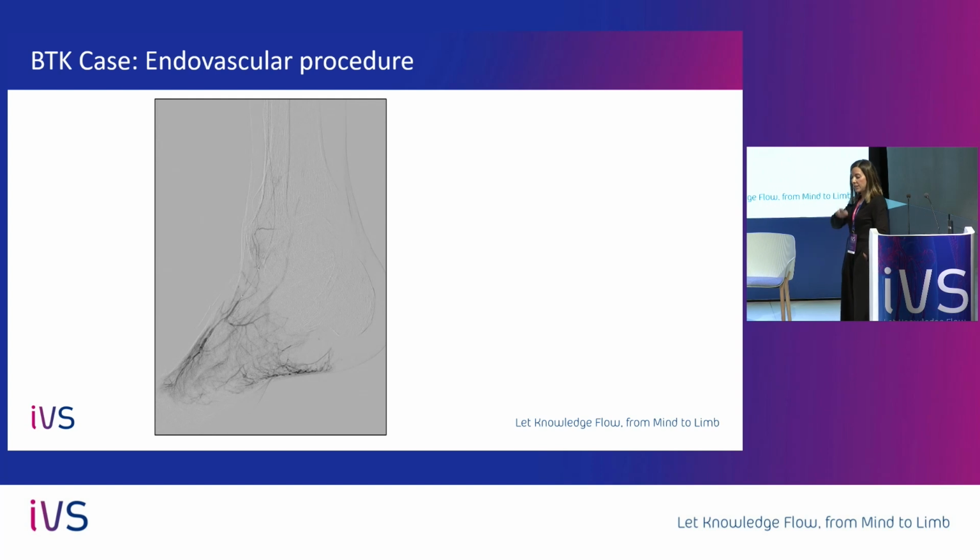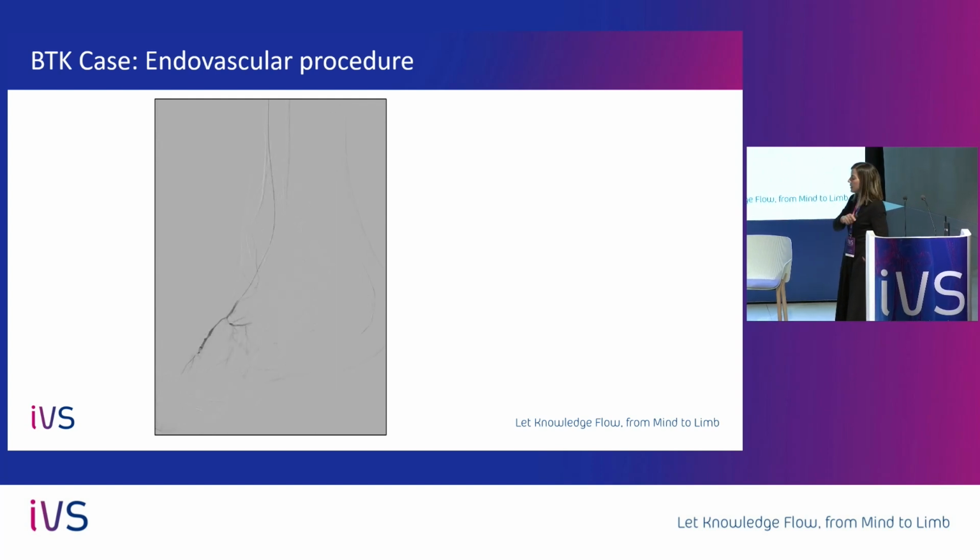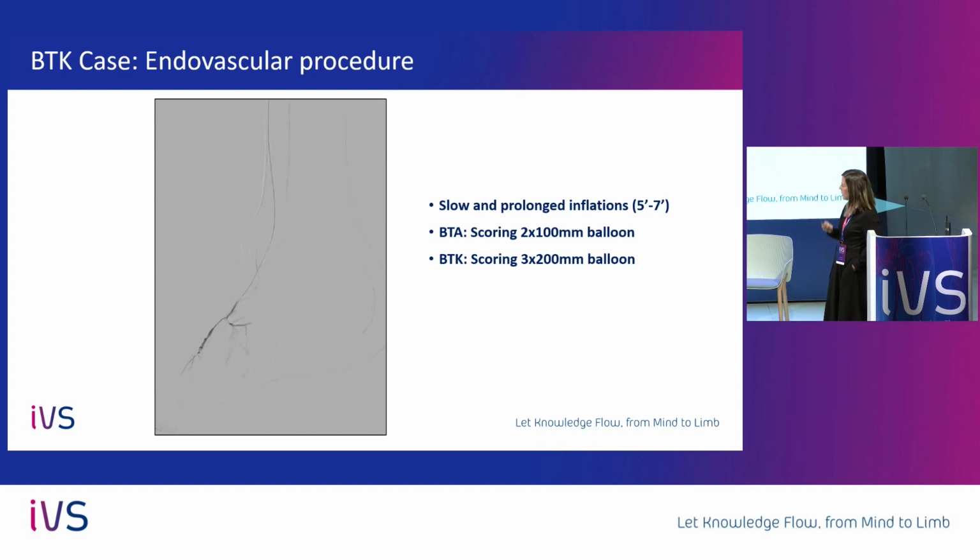So we did this angio, and we did sequential, ultra-selective angios, and nothing was found, just a spasm, we thought. So we did verapamil infusion again, and also we opted for a scoring balloon, like 7 minutes inflation in the pedal artery, the anterior tibial artery, and